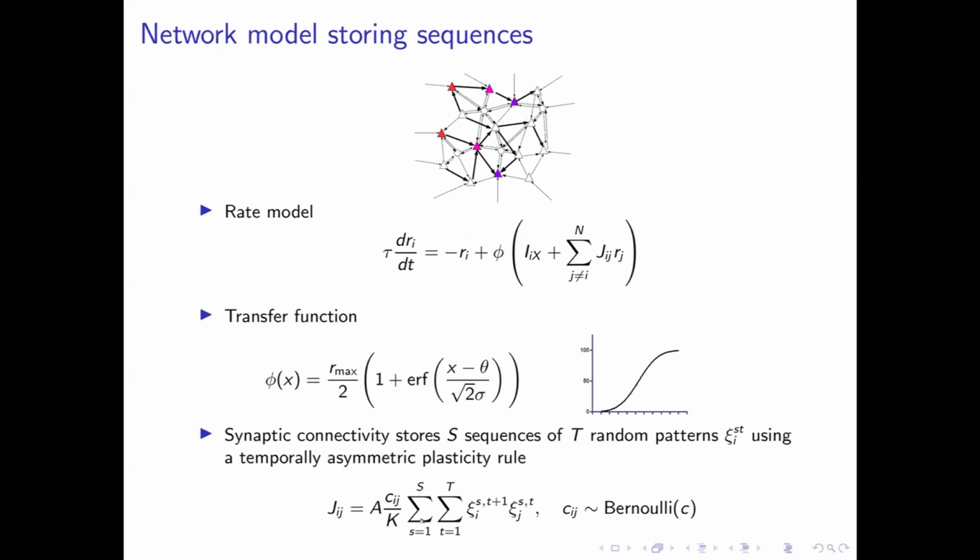And then, how do you modify connectivity using these sequences? Well, you use a simple rule where the connectivity matrix is modified according to the product of the activity at time t+1 of the postsynaptic neuron and the activity at time t of the presynaptic neuron. So the t+1 here leads to this temporal asymmetry, right? If you remove t+1, then you get a symmetric connectivity matrix, and this is essentially the learning rule in the Hopfield model. And then, for simplicity, you just sum over all time steps and over all sequences.